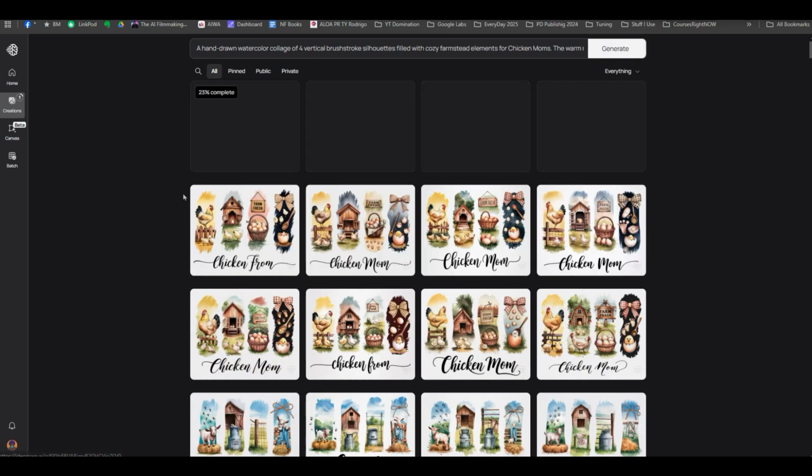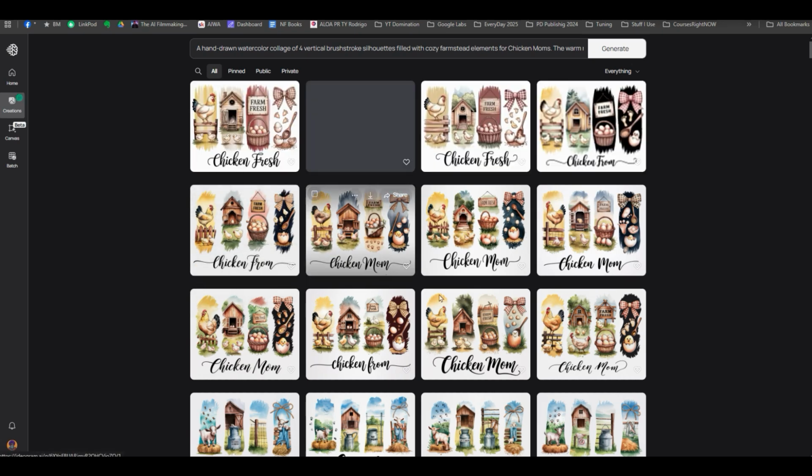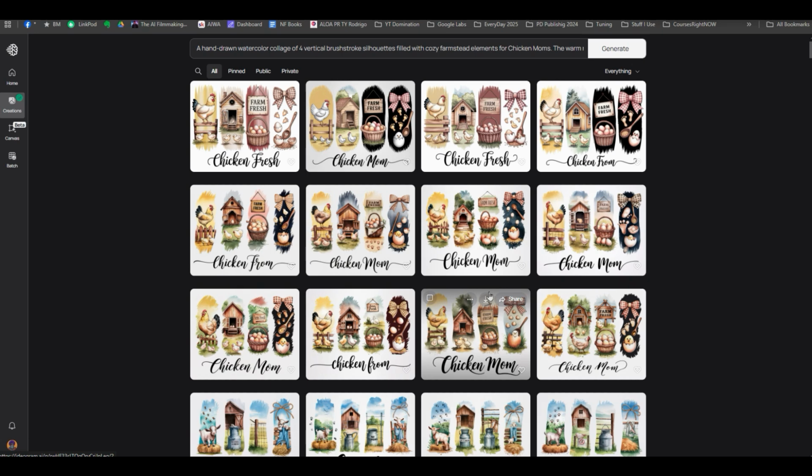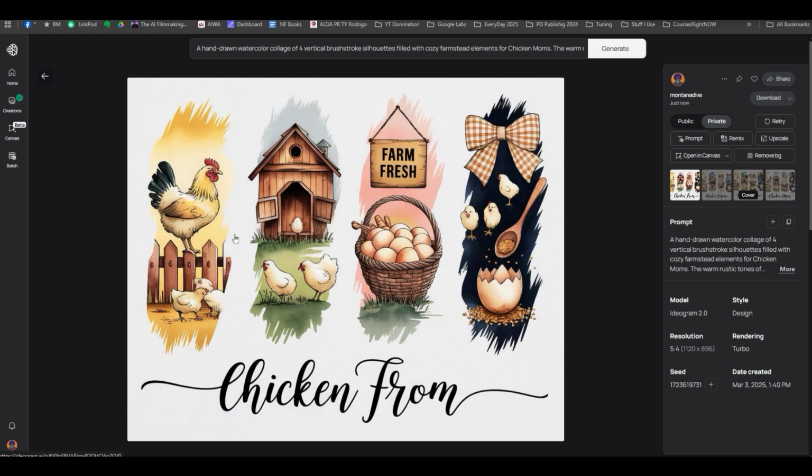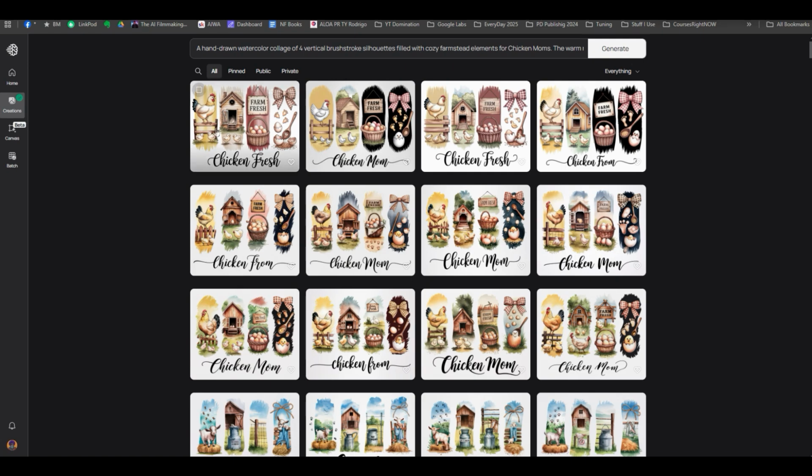So this second chicken mom was by accident. And let's see if we can. Okay, so this is the 2.0 model. And you can see 2.0 right there. We got 4 across, little chickens. And then if we do the